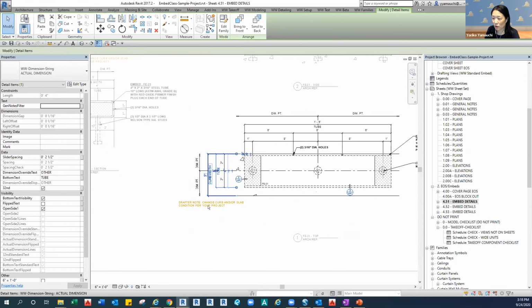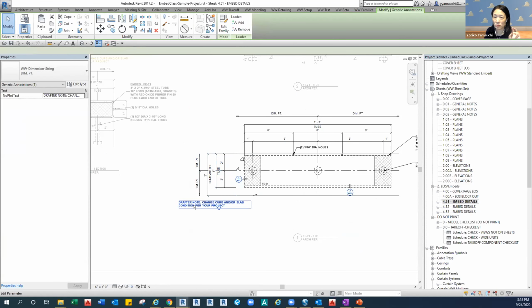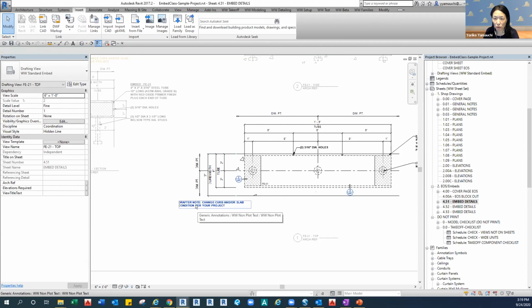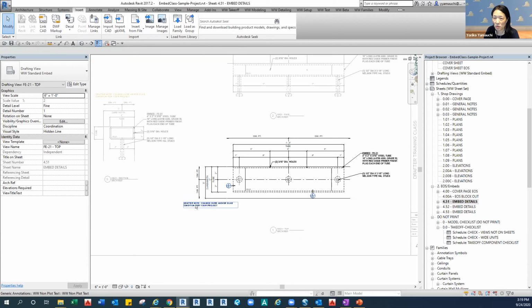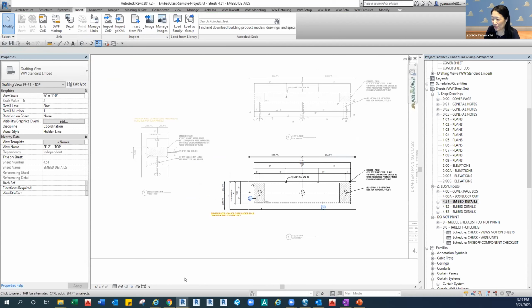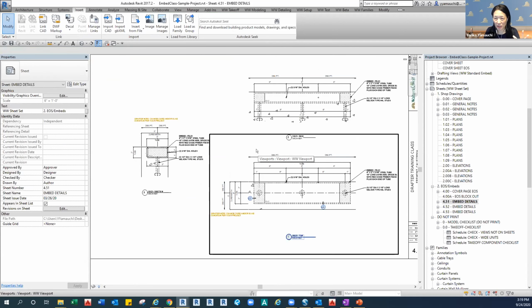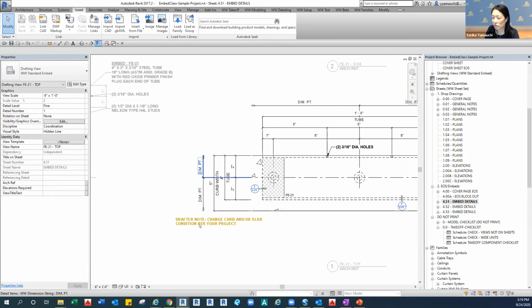Those areas, I always put the notes, drafter note, hey, you guys have to change this one to meet your conditions or part of your project conditions. So if you see any brown color notes, that's the warning, hey, you may have to change something. So probably after copying the old stuff, I'm done? No, you're not done. So make sure your detail matches your project conditions. After you check if that condition is okay, you can delete it.